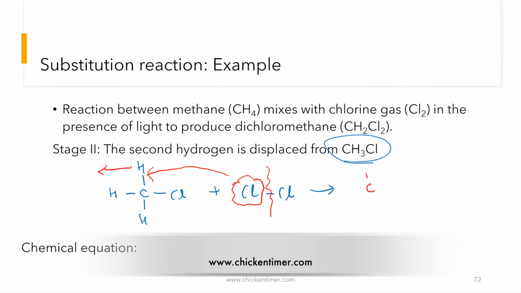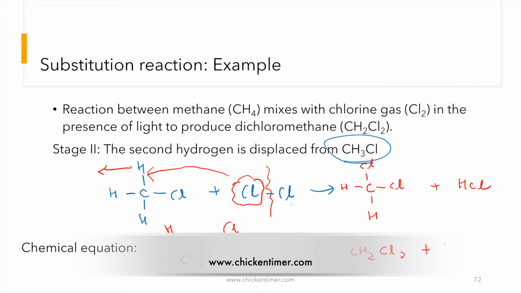So when that happens, you will have Cl going in to replace that hydrogen, and the Cl that was there before, then like that. Then there is a hydrogen floating around right now, and there's another chlorine gas left over from the other side. That two will come together and form HCl again. So your second step chemical reaction is CH3Cl plus Cl2 gives you